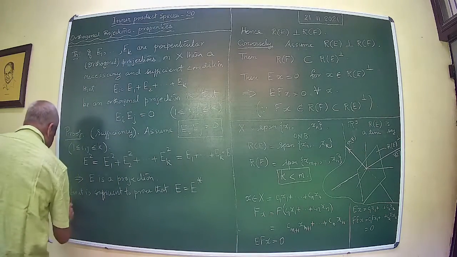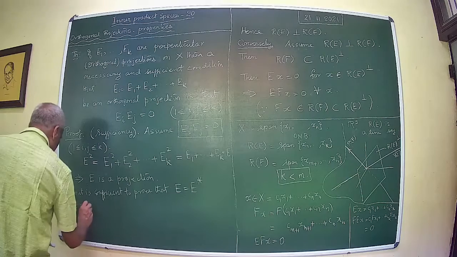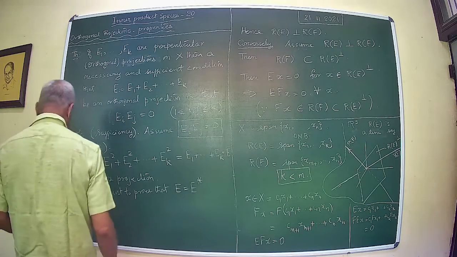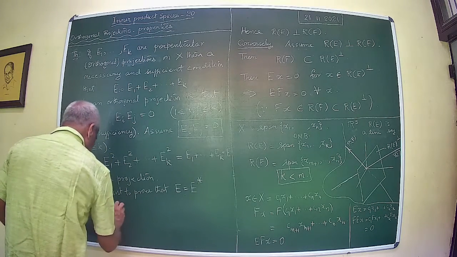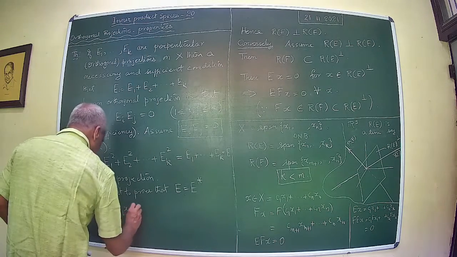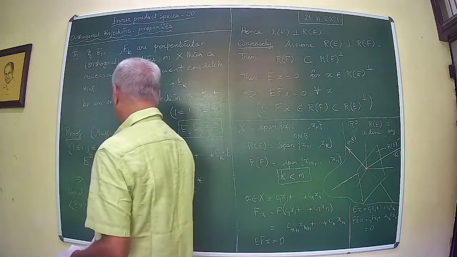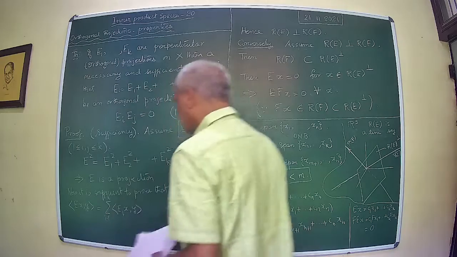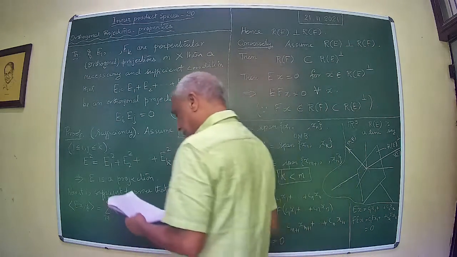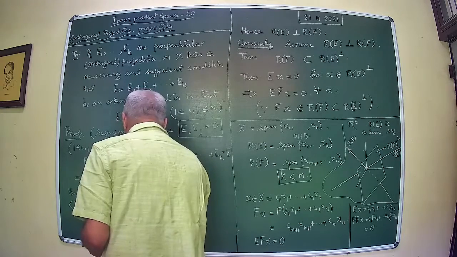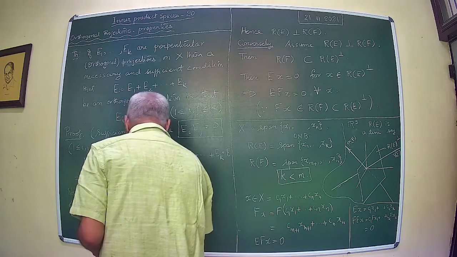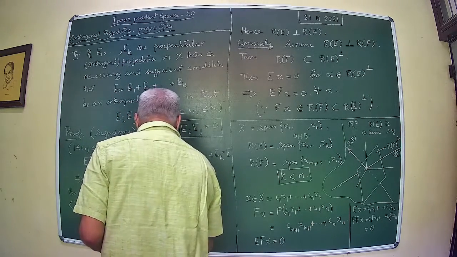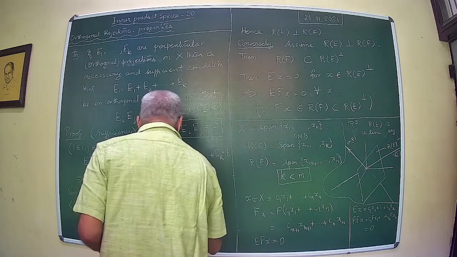If you have inner product of Ex with y, this is equal to sigma of Ei x with y. I have taken sigma inside and then taken it out, and you see that this is equal to sigma inner product of x with Ei star y,